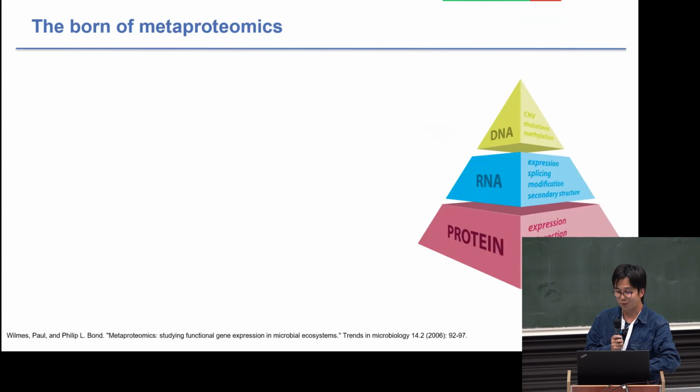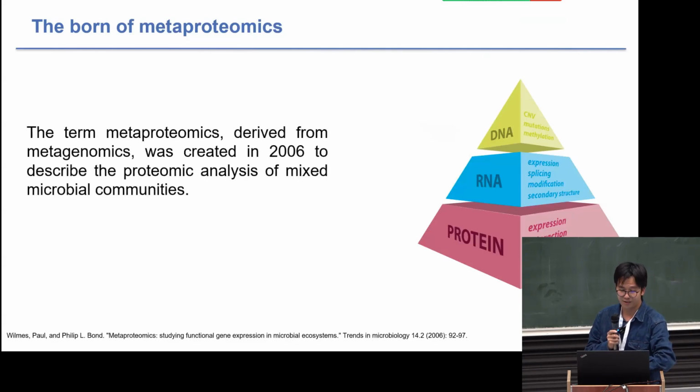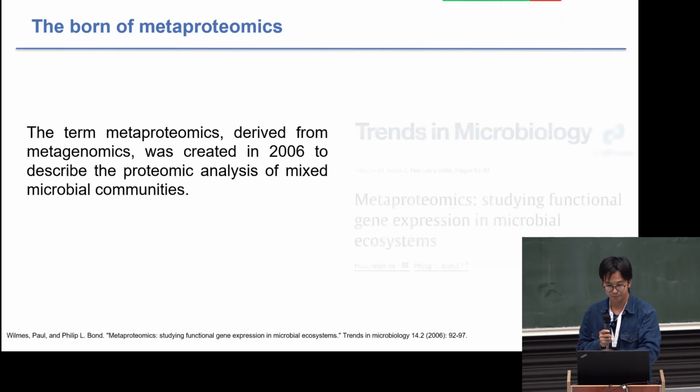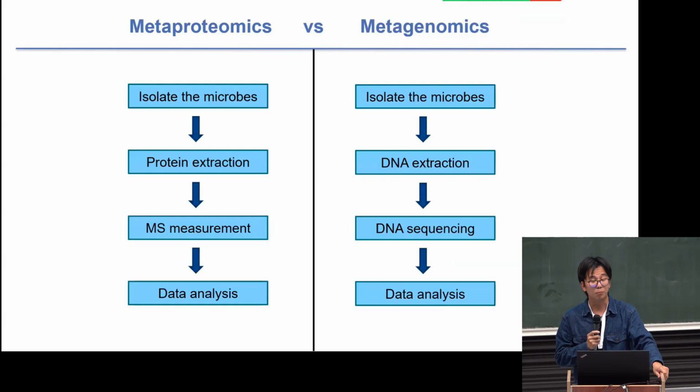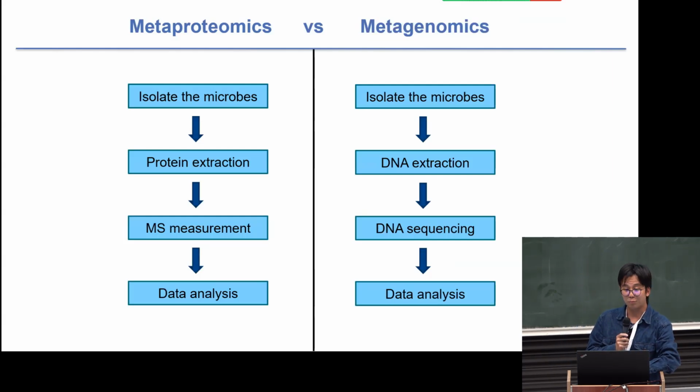So for metaproteomics, researchers in metagenomics have already spent a lot of time and money to optimize all parts of the analysis, so for metaproteomics we already have a lot of experience. People started to use the term metaproteomics in 2008 to describe the proteome from mixed microbial communities. And they published one paper, and if you compare the workflow between metaproteomics and metagenomics, they look almost like